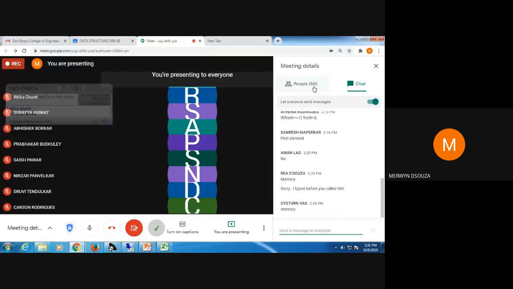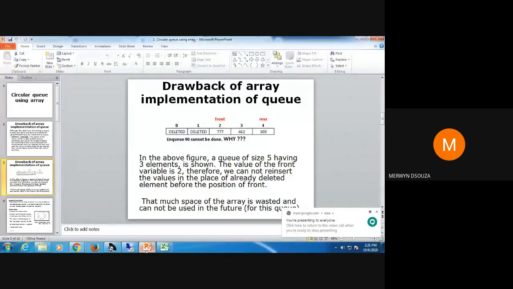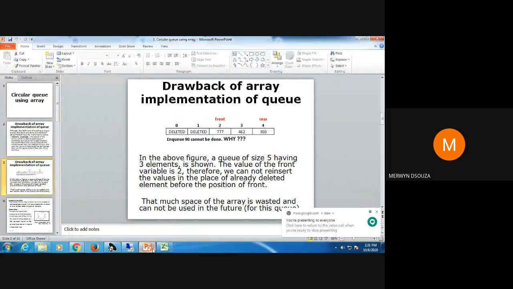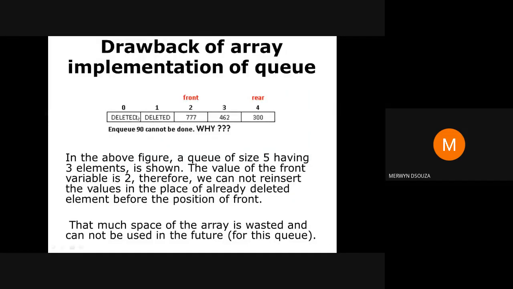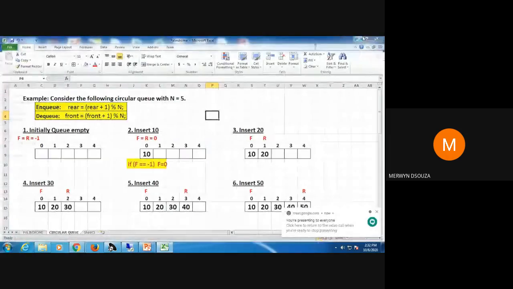So let's proceed. Last time when we were discussing this, some students were saying we could do array shifting, we could shift the elements, and they gave other solutions. Similarly, someone else came up with the concept that we'll make this queue a circle.